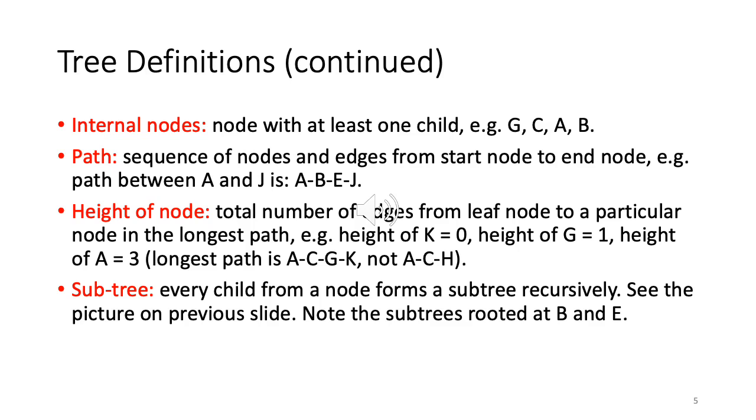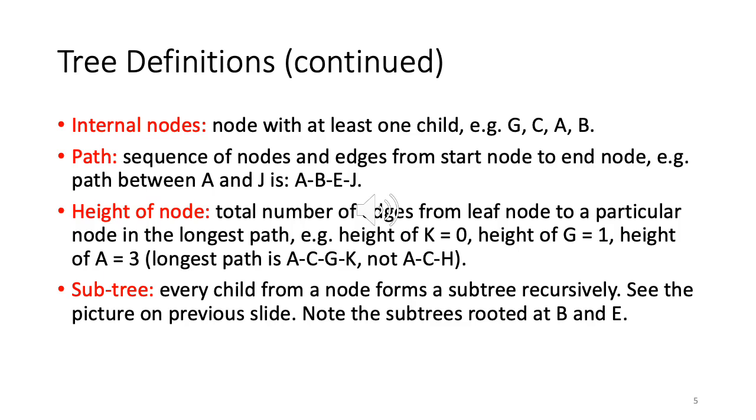So you can see that you can divide all the nodes in a tree into 2 parts, internal nodes and leaf nodes. So any node which is a leaf node is not an internal node. Any node which is an internal node is not a leaf node. Okay. So we can partition in that way.